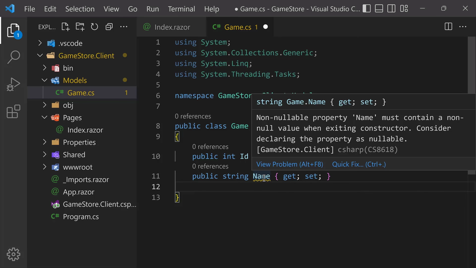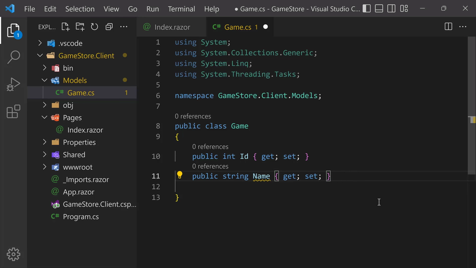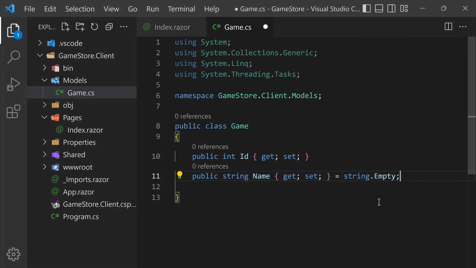Since we have not specified any value for this string, it is warning us, hey, you may run into a null reference issue later on because you have not specified any initial value for this Name property. One way to fix this would be to say equals, let's say, string.Empty. That will give the string a default value of an empty string. Another way to fix this would be to define a constructor for this class here,